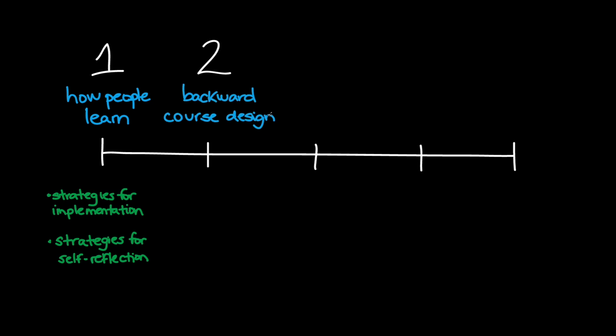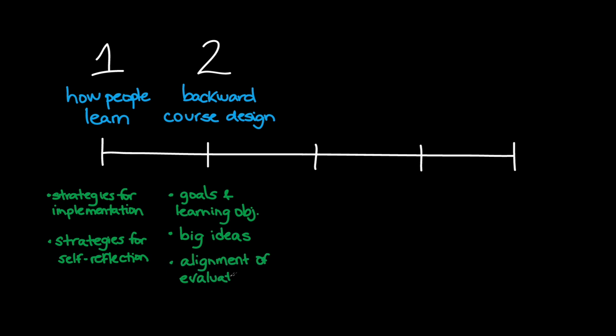In designing a course and constructing a syllabus, we will focus on how to use backward design when designing your course. Thoughtful course design begins with identifying your goals and your learning objectives. What are the big ideas of this course? What do I want my students to know and be able to do by the time they finish my course? We will then illustrate how your course goals and learning objectives can be used to prioritize content, design assignments and exams that align and document whether your learning objectives have been met, and also design instructional activities that further your learning objectives.